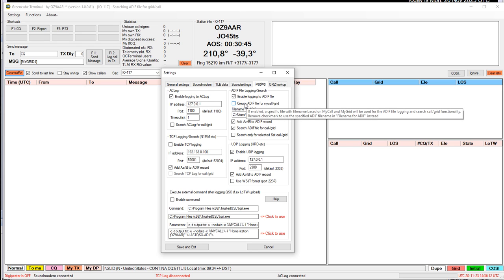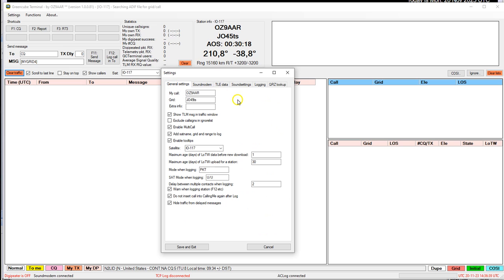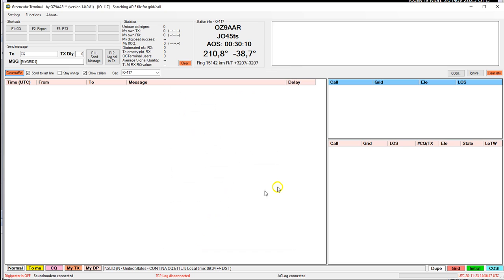Create ADI file for mycall/grid, and as the tooltip says, it will create a unique file name based on mycall and mygrid. So if you click that, you can see this one is grayed out, so you can no longer select the ADI file yourself. Now the naming of the ADI file is handled by the program. In our case, my call is OZ9AAR, and I'm in JO45TS. So if I save that,